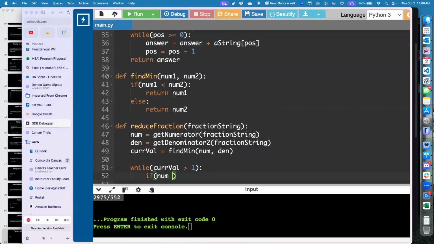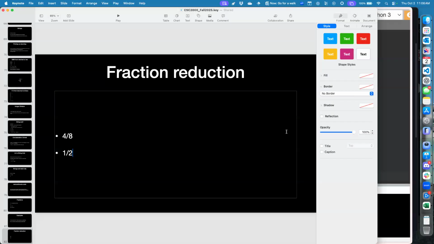Numerator, now how do I ask, is numerator evenly divisible by curval? Mod 2? Mod curval. I don't want to know if it's even or odd. Modding by 2 will tell me if it's even or odd, right? If modding by 2 gives me a remainder of 0, it's an even number. Not all that important for this. In this case, I have a number, curval. By my example I wrote here, curval would be a 4, right? So if I'm operating off of this example,